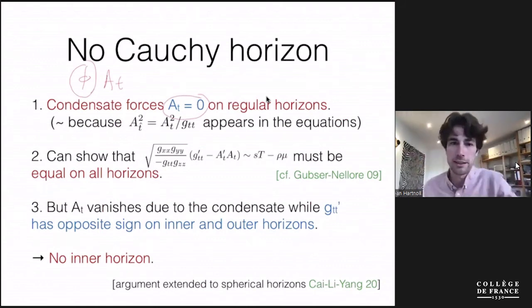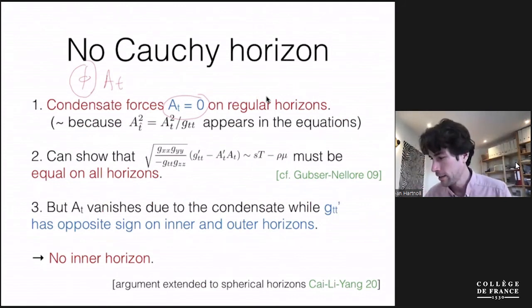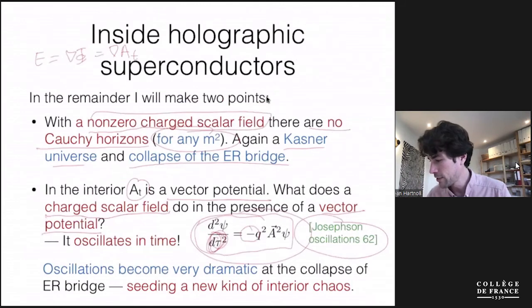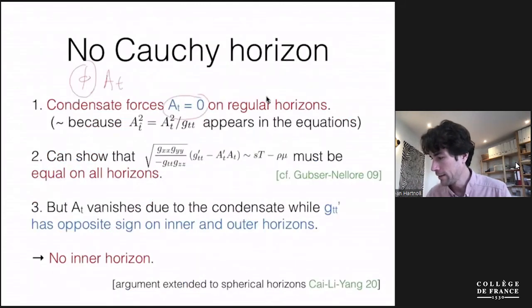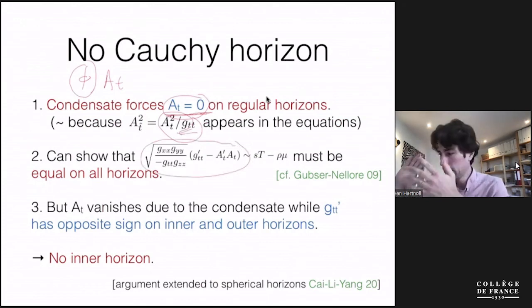So this is implicitly in some gauge, but it doesn't matter too much. A_T has to vanish on the horizon, and the basic reason is that if you look here in this wave equation, you see there's an A_T squared, and what that really is has a 1 over G_TT in it, and G_TT goes to 0 on a horizon. And so it turns out that to find a regular solution, this A_T needs to vanish on the horizons. But secondly, you can show within this homogeneous setup that there's a certain quantity that has to be